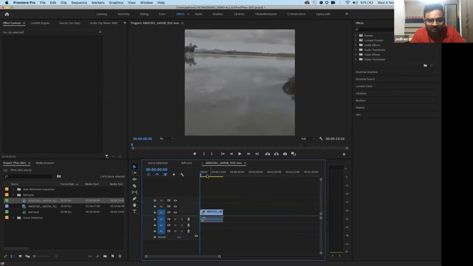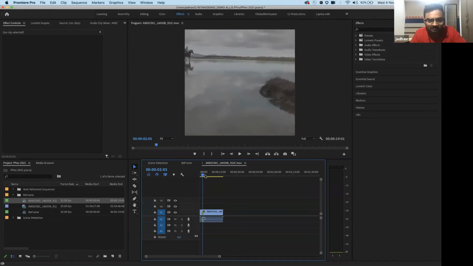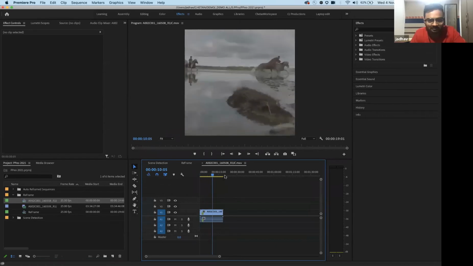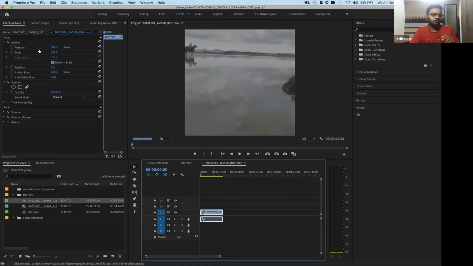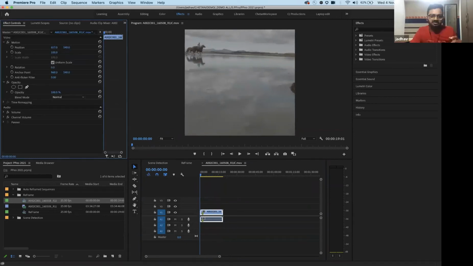This is the square composition. But you see, all the horses are gone. They're cut. By the time they come into frame, I don't understand what I'm trying to say as a filmmaker. So what I have to do is go to my composition and manually bring all the horses inside. But imagine if it's a complete 20-25 minute video, you'll become mad doing this manually.